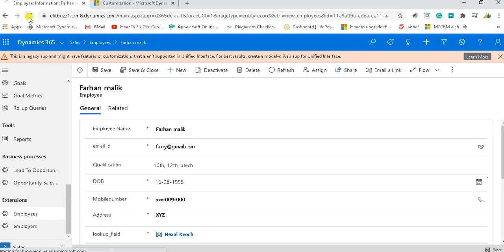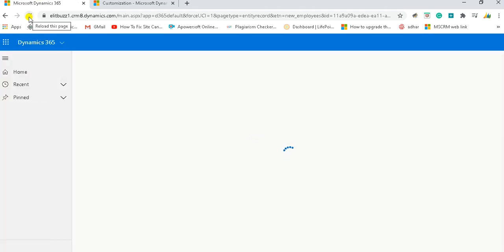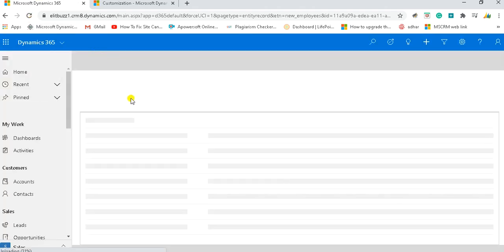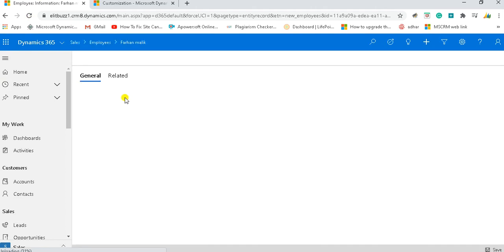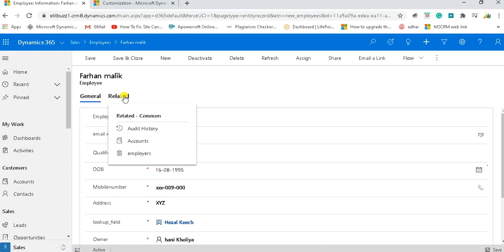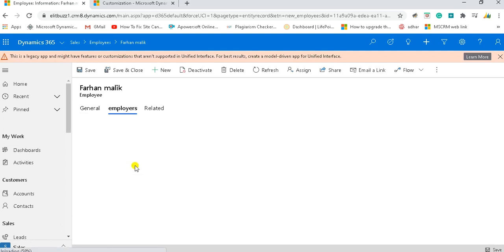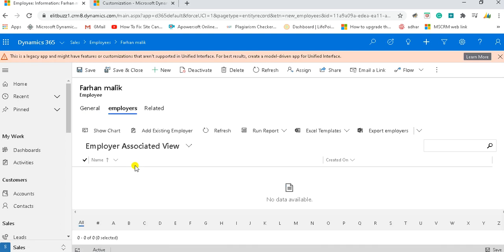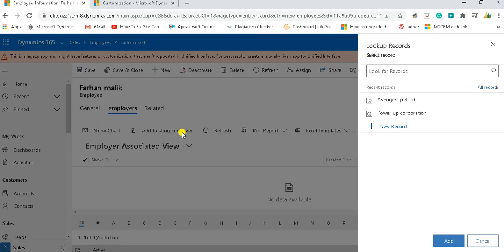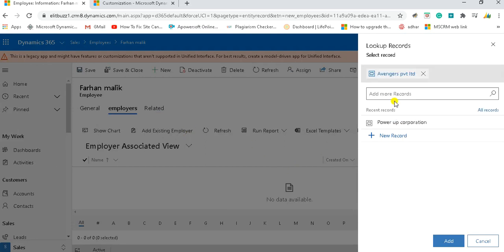But if I refresh the page, because I have made the required changes for n:1 relationship, inside the related option, now you can find the option for employers. Through here, if I want to add an employer to this particular record, I can do so.